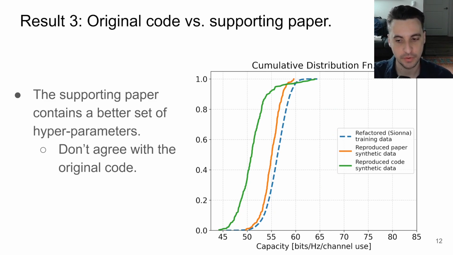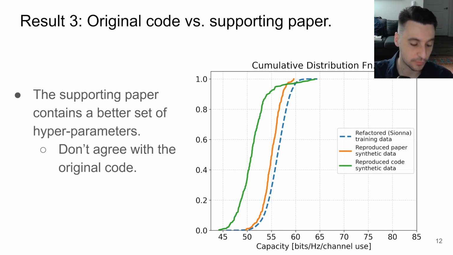Now, what's more interesting is the final result, that if we look at the original paper, we discover there is a disagreement issue there, okay? So because there's so many numerical parameters in this algorithm, actually the original paper has a set of parameters that produces a much better training model. So we can see the orange curve is what happens if we re-implement in the new code the parameters from the original paper, not from the original code, the green curve. Well, the data fidelity is much better. This is actually starting to look like a very accurate generative model for this application, right? Because the distributions are closer.